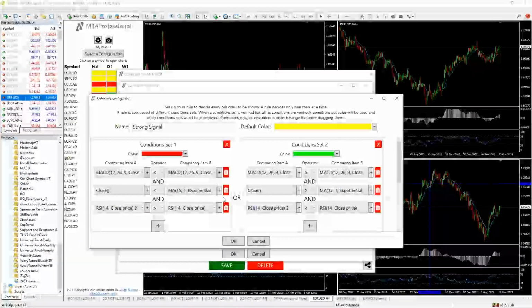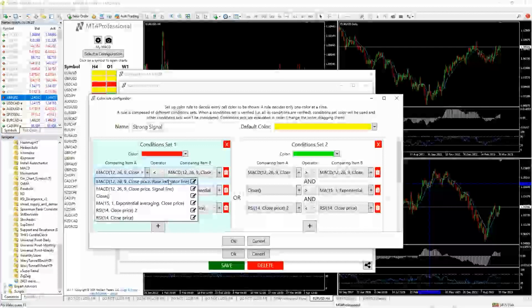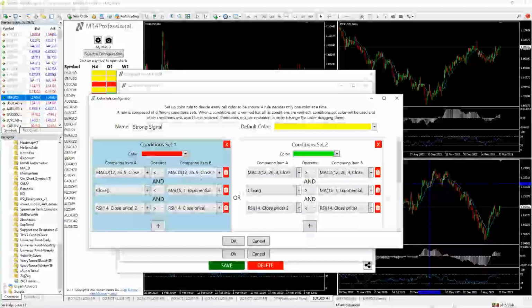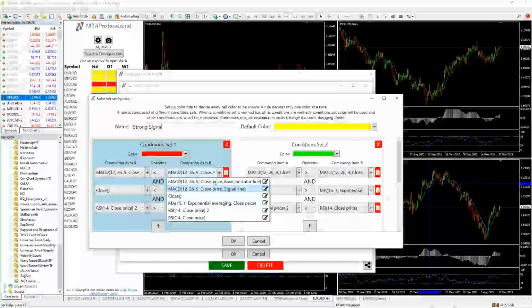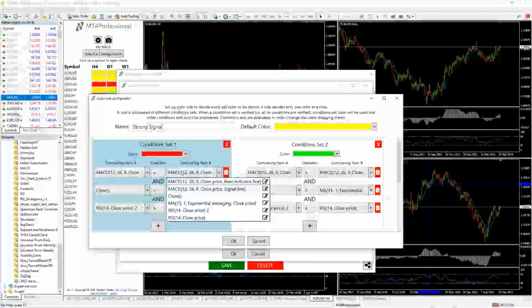Okay. So looking at the strong signal color rule, if I click the edit button, you can see that it's using multiple strategy components, multiple indicators in order for it to have a bearish condition. A bearish setup is looking at a MACD cross where a MACD histogram, which is the base indicator, has to be less than the MACD signal line. So what I've done is I've taken an instance of each one of these outputs and put them into a variable that I can compare one to the other.